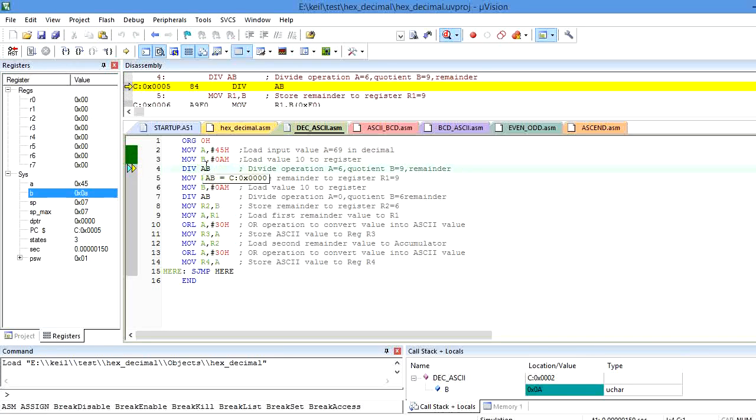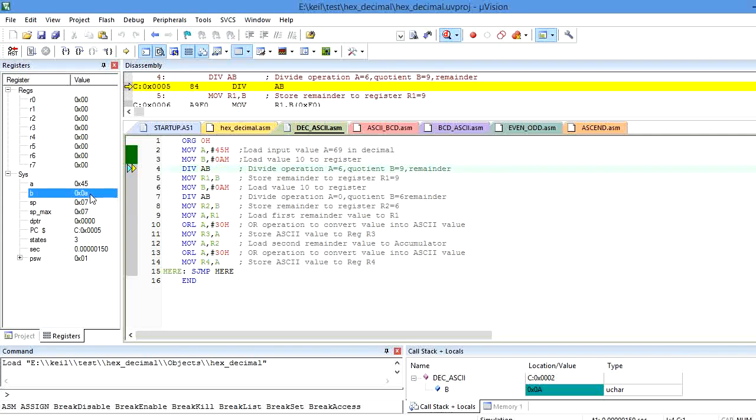I will copy it into the register B by using the instruction move B, #0AH. After that, I want to convert this hexa value into decimal value, so I need to perform the divide operation. Whenever I perform the divide operation, the accumulator contains the quotient and register B contains the remainder. Before execution of the divide instruction, A is 45H and B is 0AH.